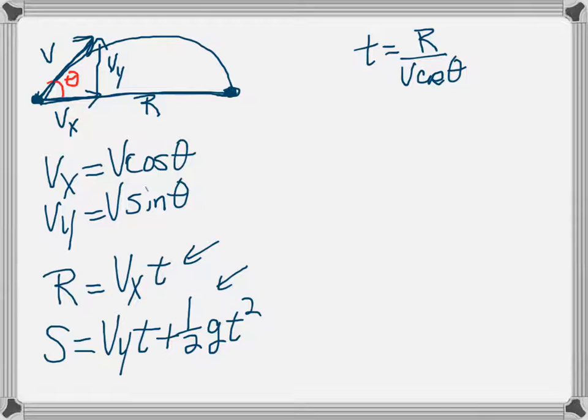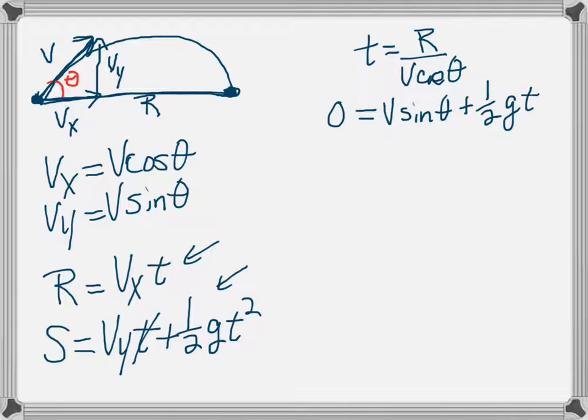We can say 0 equals, and then divide the entire equation by t. We're also going to put in our Vy as v sine of theta. Dividing the whole equation by t gets rid of one t in each term. So I'm going to have plus 1/2